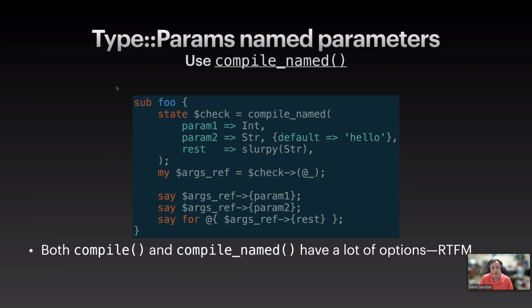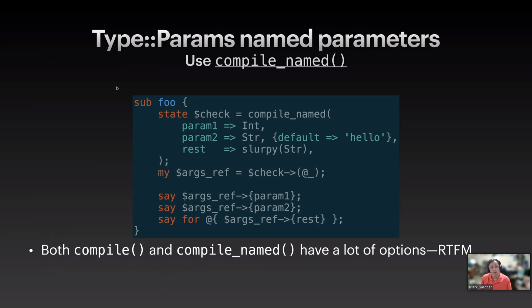The keys are the parameter names you want. The values are the validation that you want to perform. In this case, param1 is an integer. Param2 is a string with a default. Rest is a Slurpee option of array of strings. And in this case,